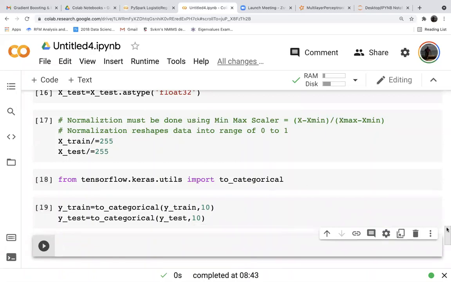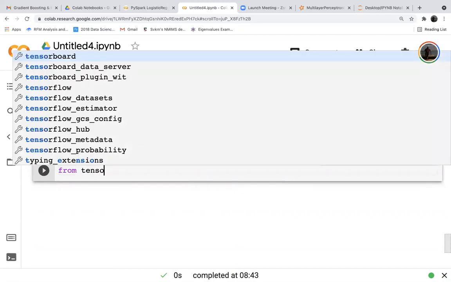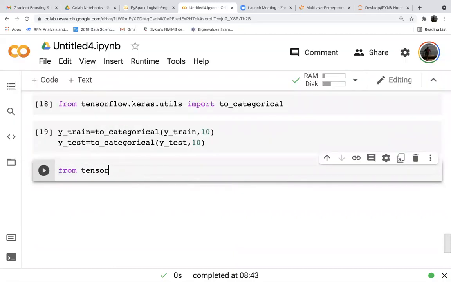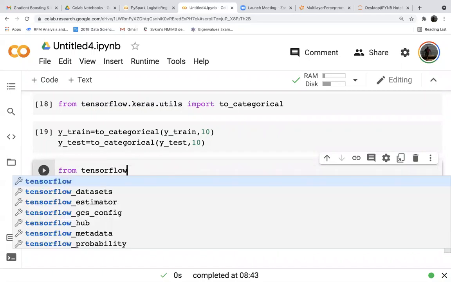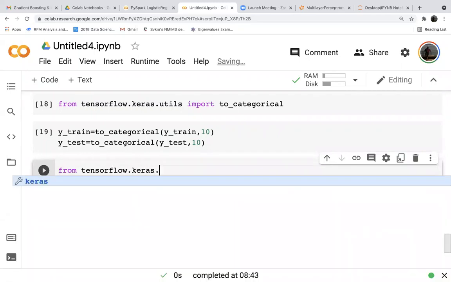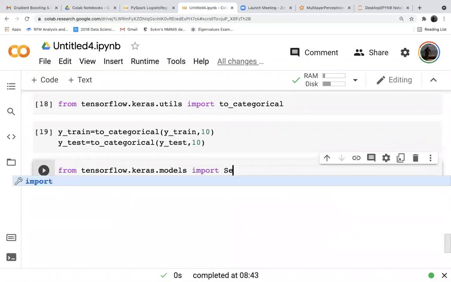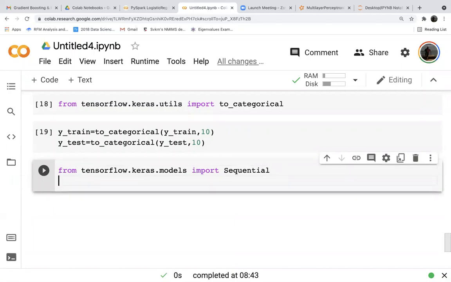Now we will require the elements to build our neural network model. From tensorflow.keras.models import Sequential, because neural networks are sequential models.